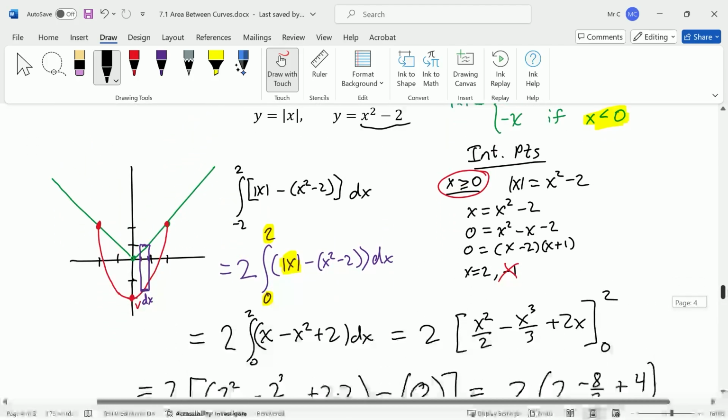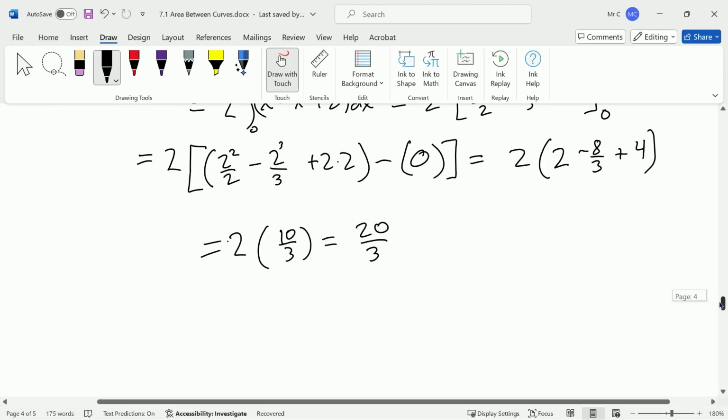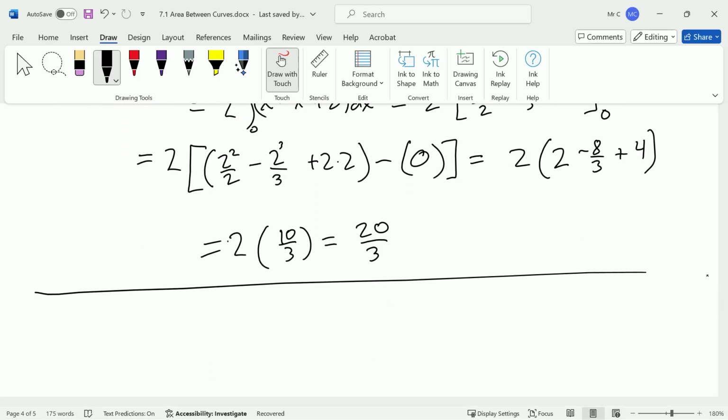But you might have functions like an absolute value that's shifted over the y-axis, in which case you might not be able to use that kind of symmetry in those problems. So just to illustrate, I'll just do the first step of setup. I'm not going to work through the whole thing because we've already worked out a solution. But if I have the absolute value of x minus x squared minus 2,